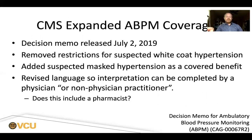So as a result of all of this, in July of 2019, which is right as we were getting started with our study, CMS removed some of the restrictions for getting reimbursed for white coat hypertension. They added the reimbursement for masked hypertension. And they revised some of the language, whereas previously you had to be a physician to interpret the data. They did take that out, they added that the interpretation could be done by a physician or a non-physician practitioner,